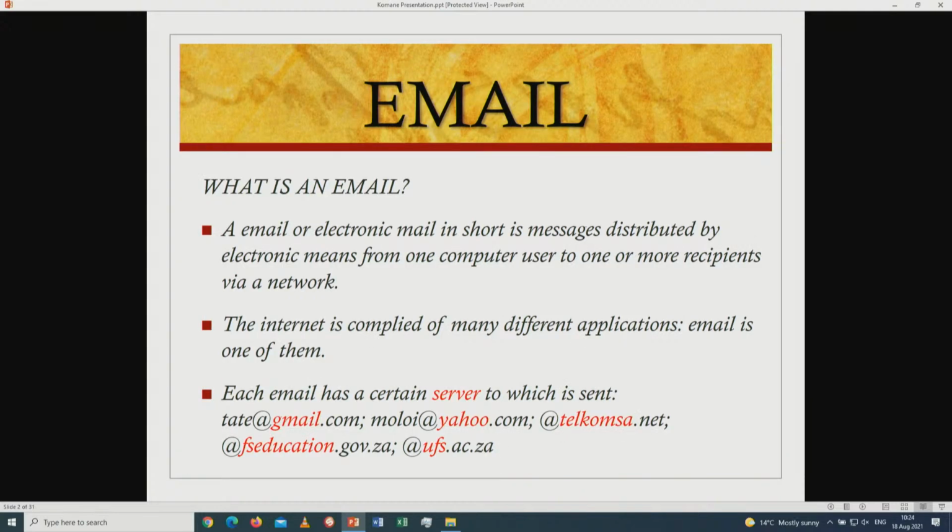Let's check what is an email. An email or electronic email, in short, is a message distributed by electronic means from one computer user to one or more recipients via a network. The internet is comprised of many different applications. Email is one of them. Each email has a certain server to which it is sent,